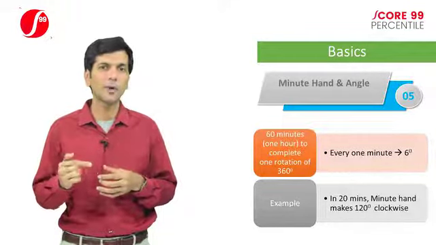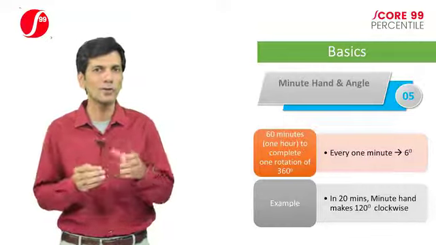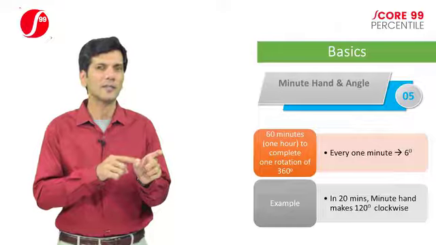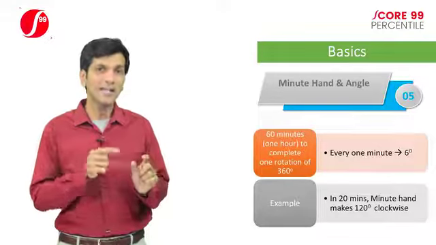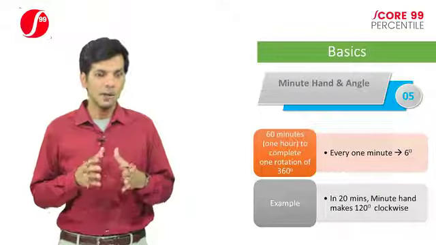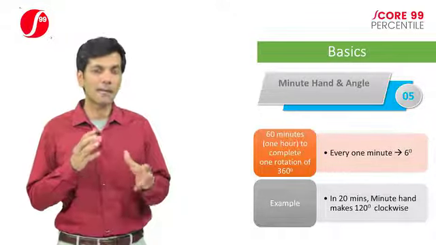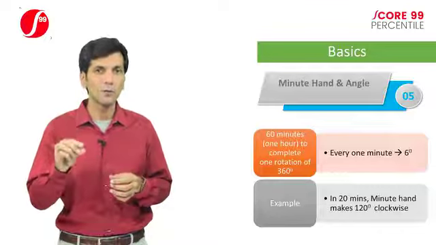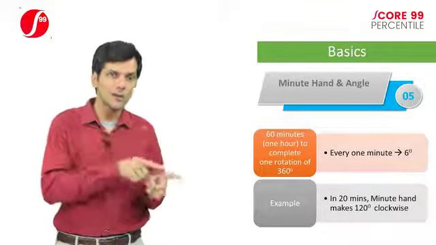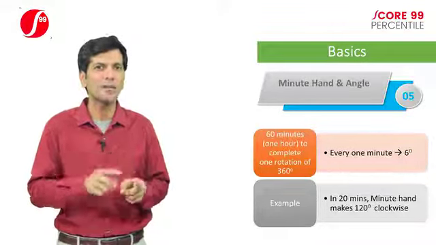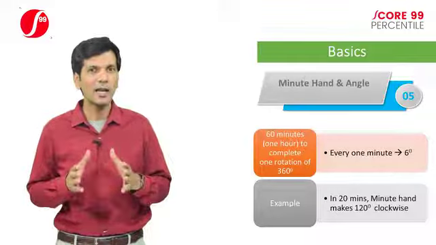It is between 3 and 4 o'clock, but moved closer towards 4 o'clock because the minutes is 40 minutes. It has passed half hour, which is 30 minutes. But the minute hand is exactly at the number 8, which indicates 40 minutes. So remember, if you have to relate by how much angle the hour hand has moved with respect to the movement in the minute hand, that becomes a very crucial point for us to actually calculate the angle between the hands of the watch. So how do we arrive at that?